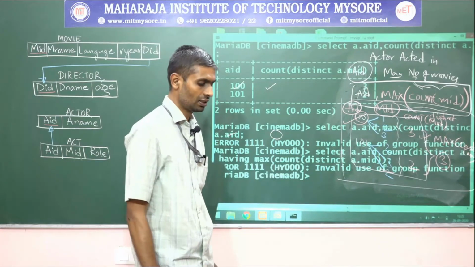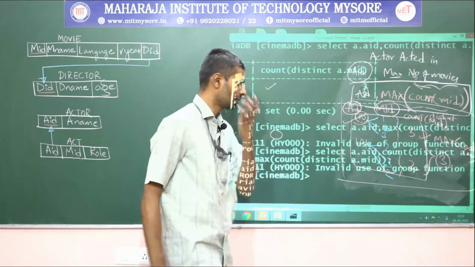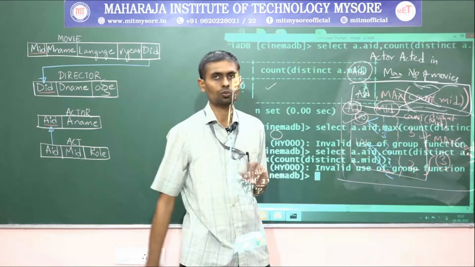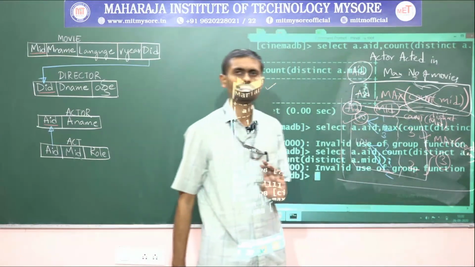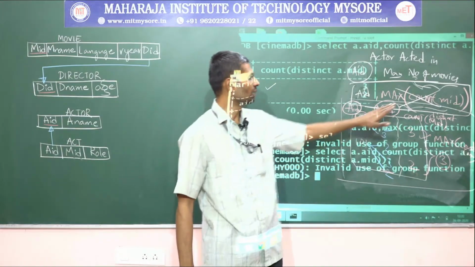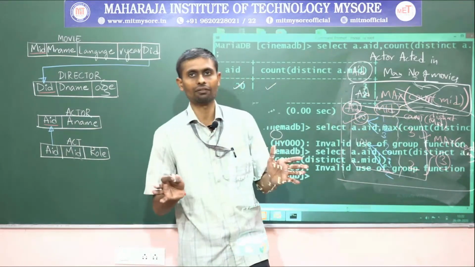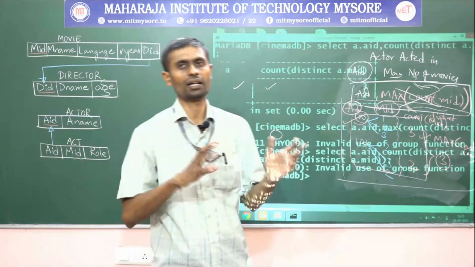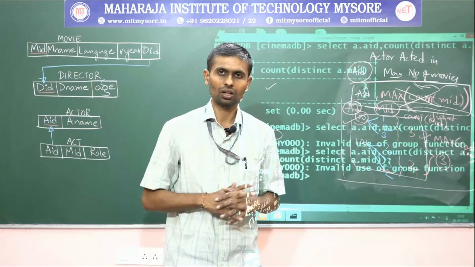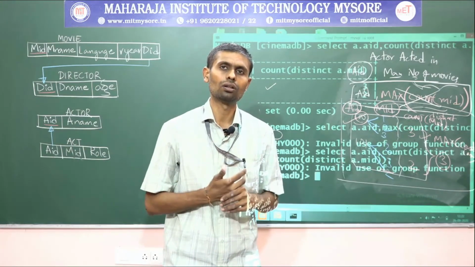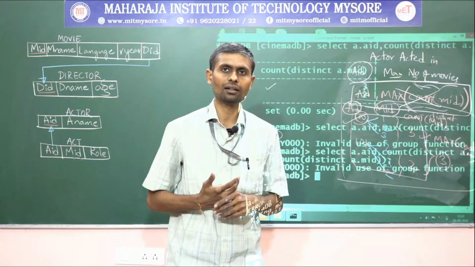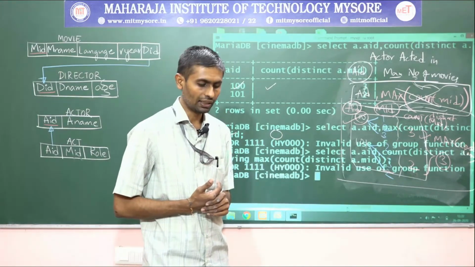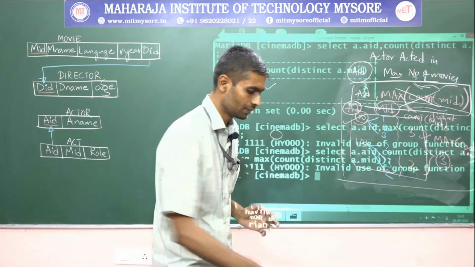It's an indication that in MySQL, this kind of nesting of aggregate functions is not permitted, but we have to achieve it. MySQL doesn't permit nesting of aggregate functions. Nesting of queries is allowed, but nesting of aggregate functions, like count of max or sum of max, is not permitted. Then how can we solve it? In real-time situations we may come across these kinds of problems. To do that, guys, what else can we do? Any idea?